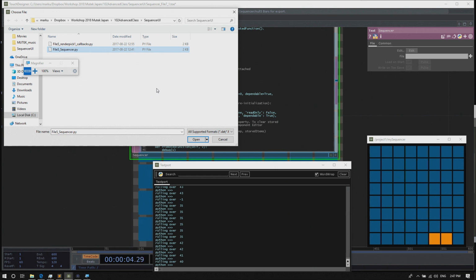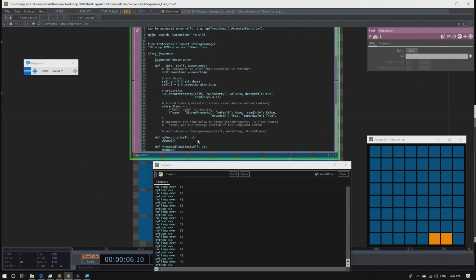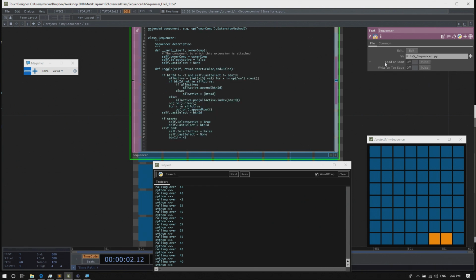So, in the parameters of this text DAT, go onto the file parameter and load up the file sequencer.py. で、このシーケンサーの、今回使う、関数たちは実はサンプルプログラムの中に入っているので、これを今回ワークショップアドバンスクラスシーケンサー UI の ファイルシーケンサー、そうです、この .py、yes. この名前のファイルを開いてください。 And then hit the pulse beside load on start to actually load the file.